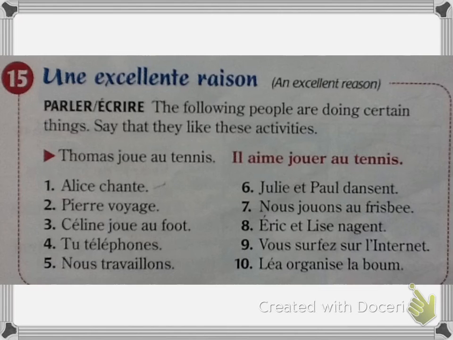Exercice 15, une excellente raison. The following people are doing certain things. Say that they like these activities. So look at our example prompt. We have Thomas joue au tennis. So we want to make it il aime jouer au tennis. So notice, okay, our subject stays the same. We're going to insert the correct form of aimer,